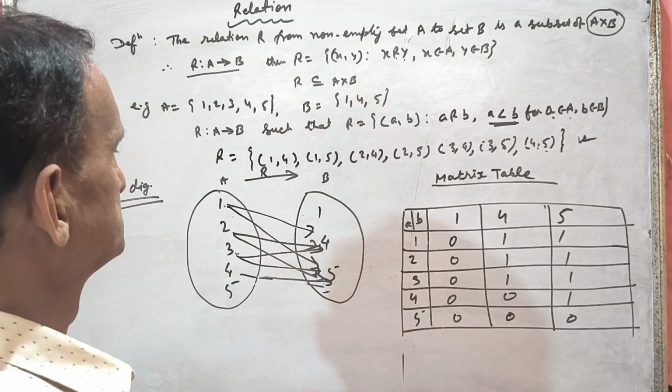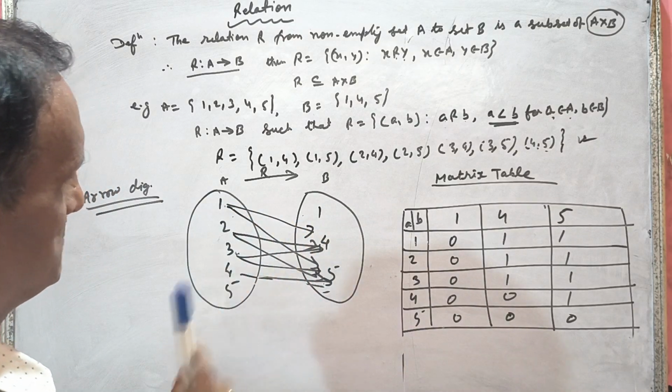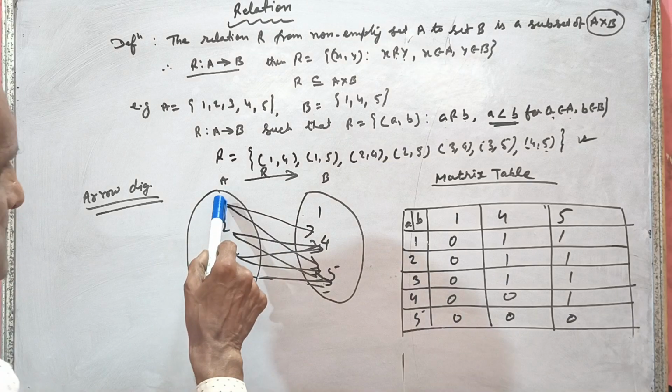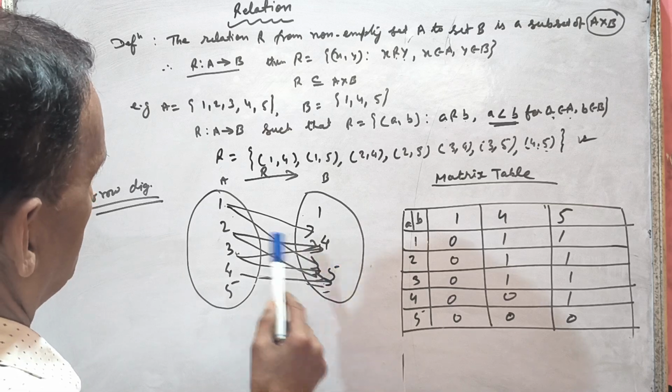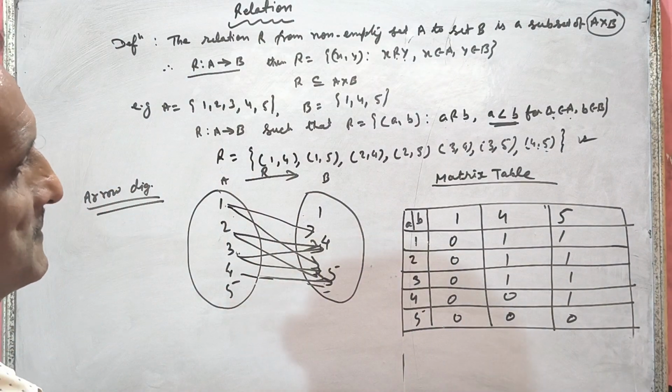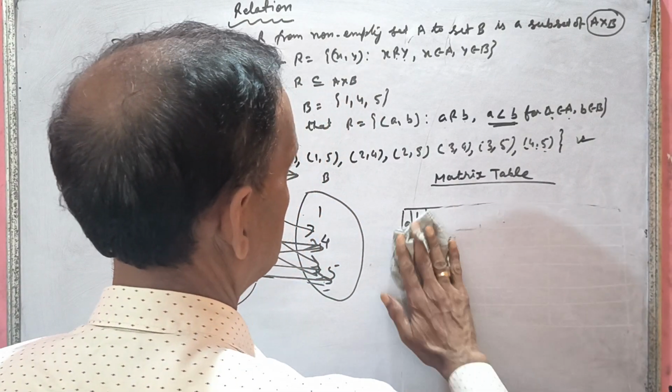Okay. A father can have more than one son. This is the set of the fathers and sons. So that is comedy only, so no need to say. Okay. So understood the matrix table.